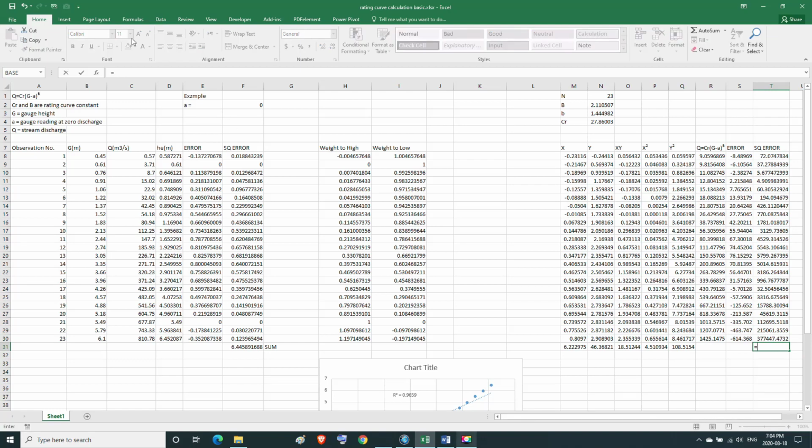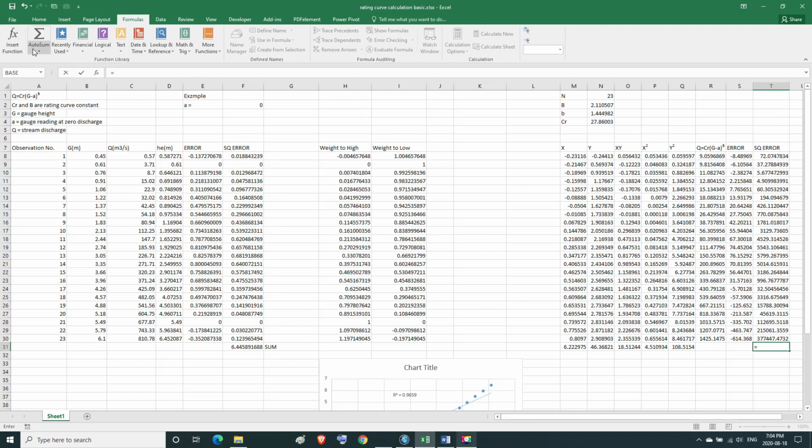Then the sum of the square errors between the actual values of the discharges and the initial prediction for the discharge values appears, which is 800,1511, and this value for the sum of the square error is very high. So we make an optimization by using the solver in the Excel program.